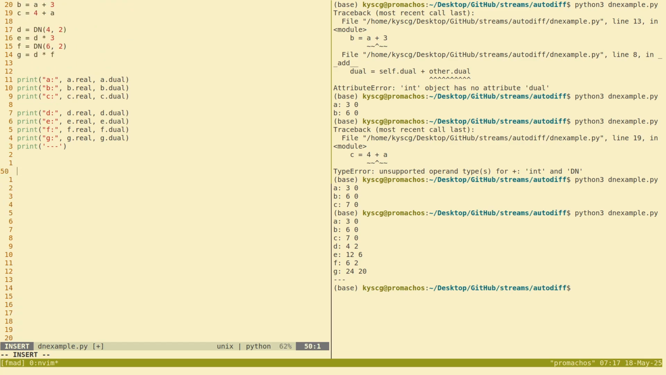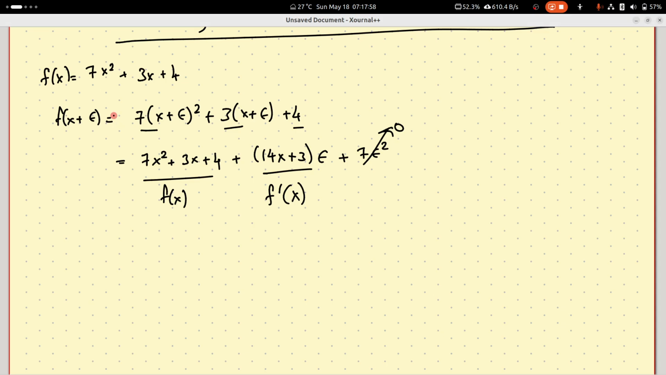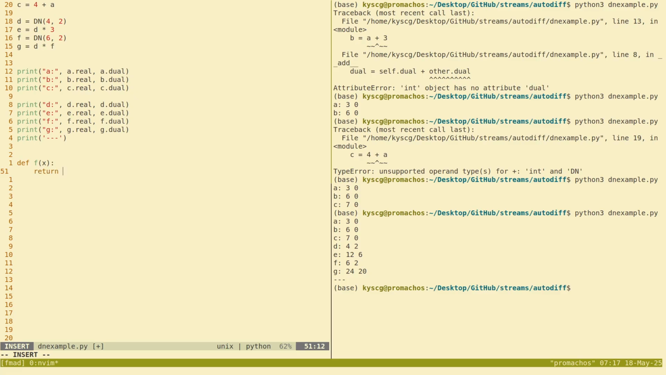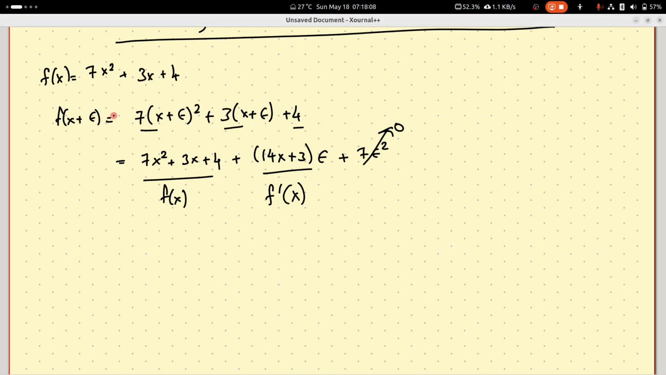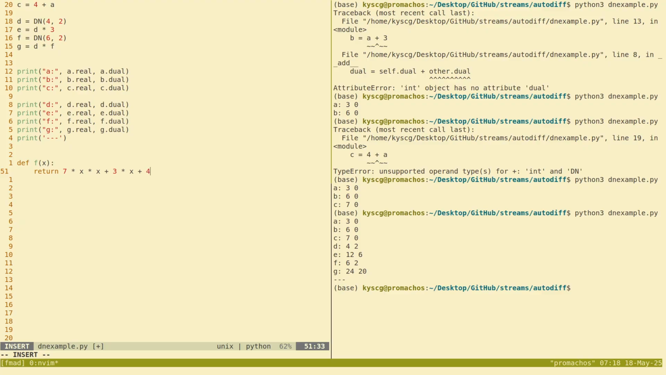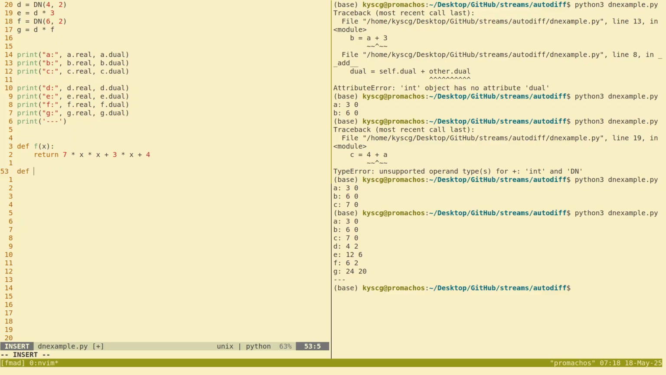and now the differentiation stuff. So let us define our function as we were talking. What was that? X. Okay, so return 7 times x plus 3 times x plus 4. Okay, and diff of f x